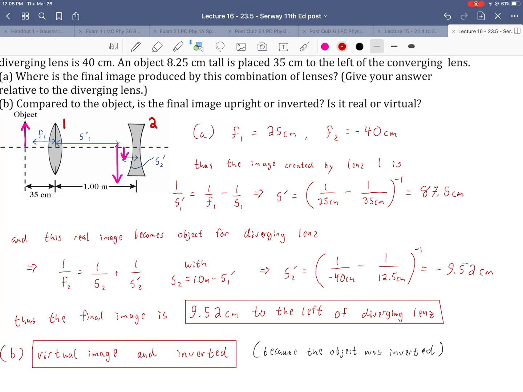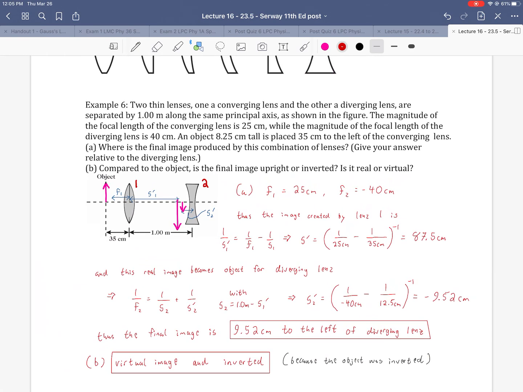And the same sort of thing you should be thinking about in the post-quiz. Okay, so that concludes this last example. So hopefully seeing some practice as well as some conceptual ideas of these lenses in combination or individually with or without the lens maker formula brings these ideas